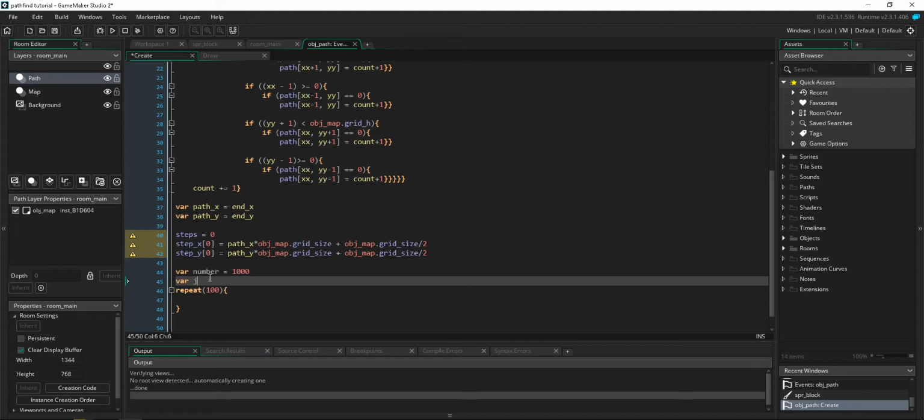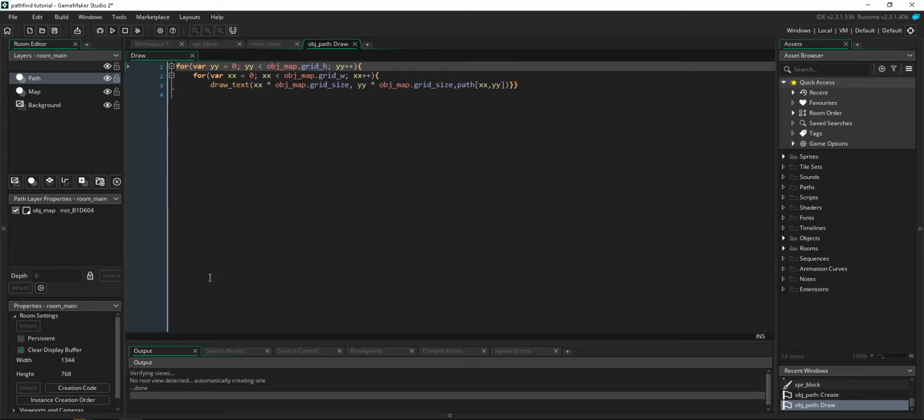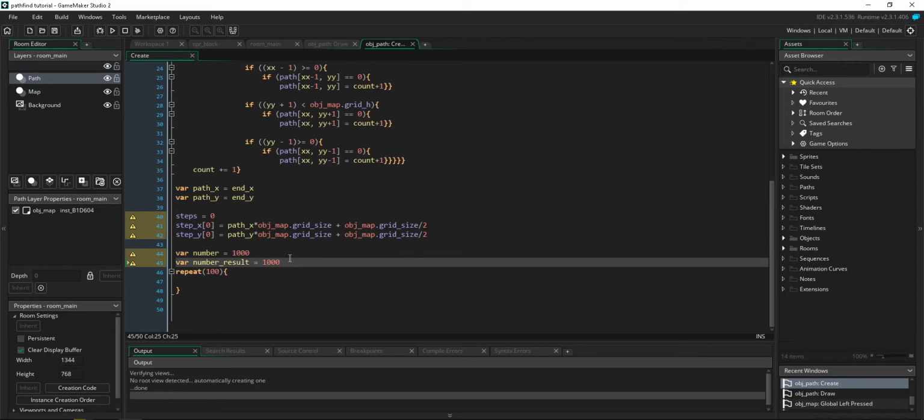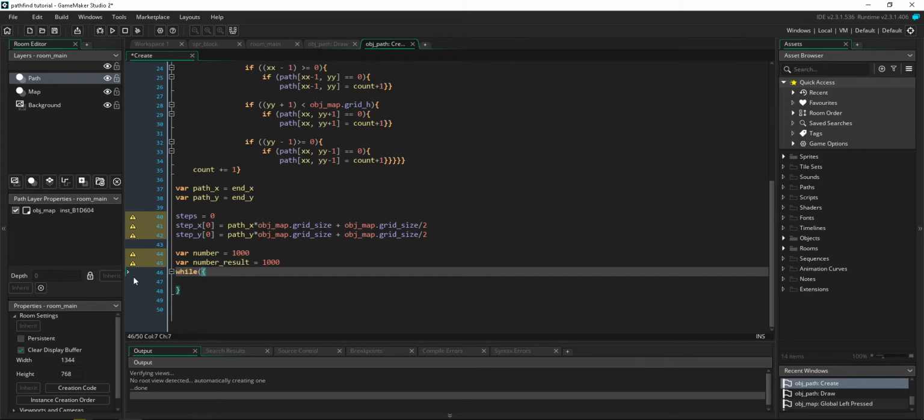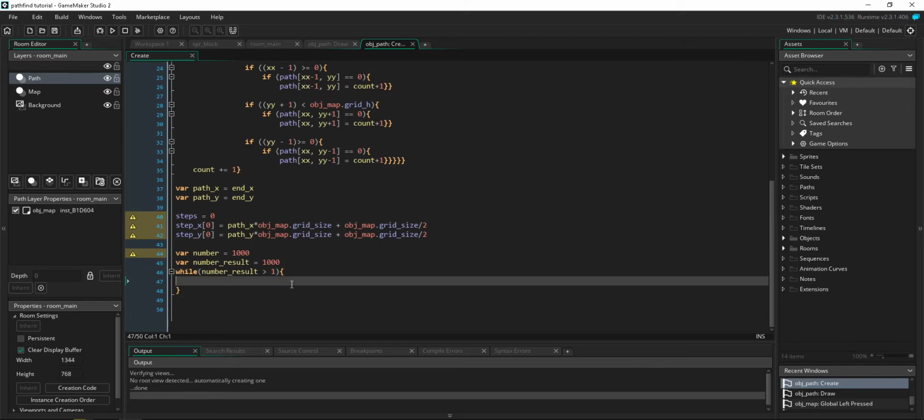So to check which number is less, there's never going to be more than 1,000 steps. So we check to begin with, and we're going to repeat this while the number result is less than 1, because when the number result is 1, that means we're at the start again. We check the position next to the end for this and get the resulting smallest number, and we take a step in that direction. If it's in the bounds of the grid,